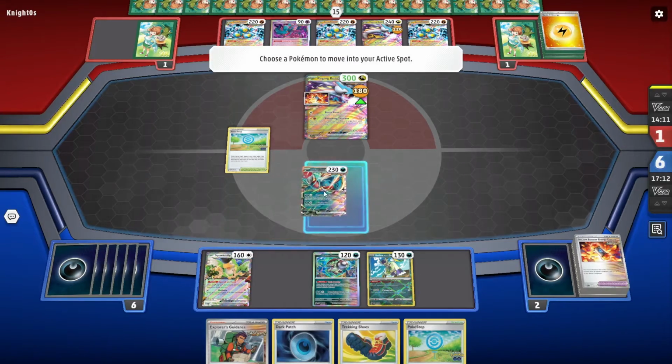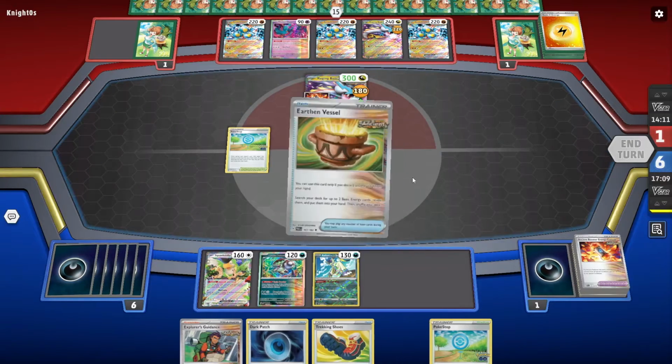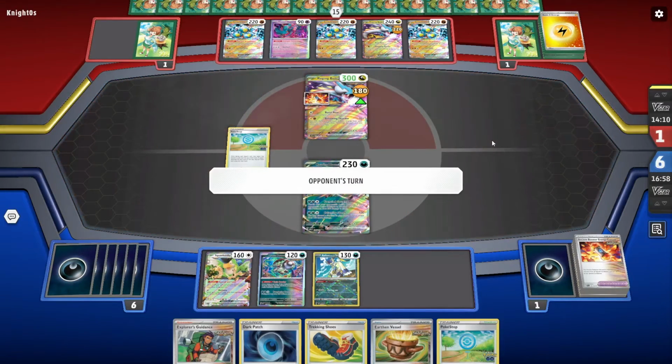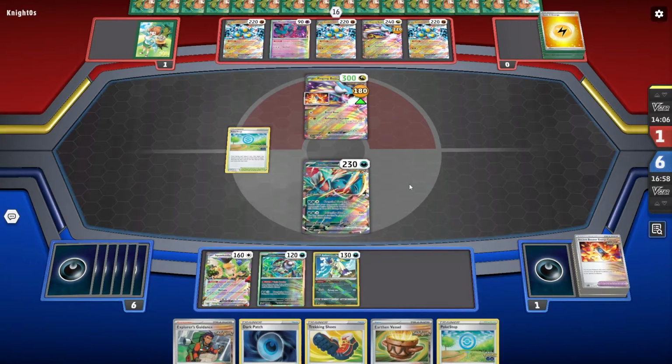I'm going to send him up. I can get the tool as well. There is one tool in there, right? I can't get the tool now, unfortunately, because if I do, I lose the game. So just end turn, because they don't deck out this turn, as long as they don't win this turn. As long as they don't have Iono, or if they play Rod, then they get the game too,